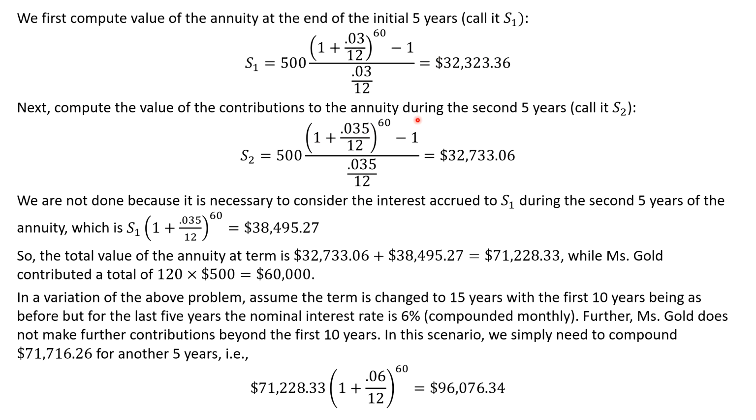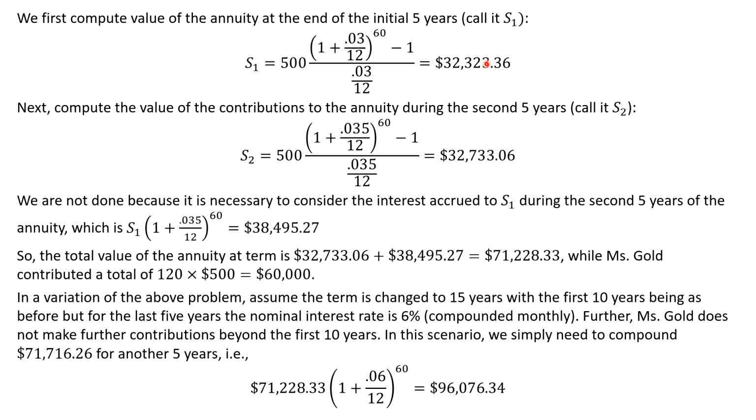Then we compute the annuity over the second 5 years. So everything's the same except the interest rate is a little bit higher. So we get the 0.035 divided by 12 here and here. And we get $32,733.06. The piece that's missing is this